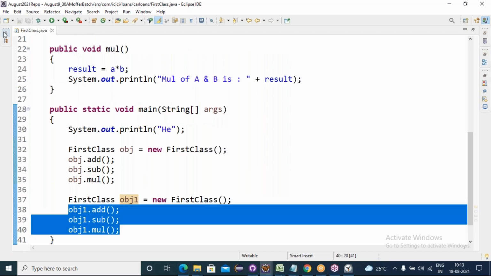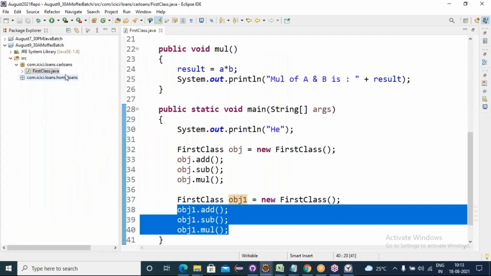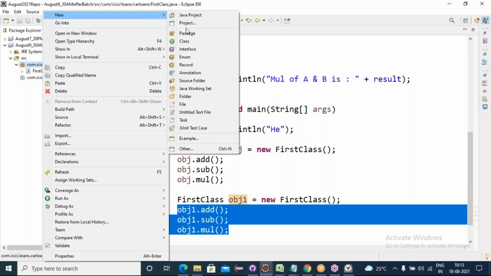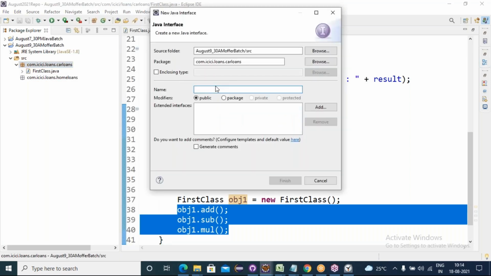Next, coming to the interface. Under this package, I would like to create an interface. Right click on this package, new interface. The naming convention should start with uppercase. If I give lowercase, it gives a warning. Just like how you follow the rule for creating